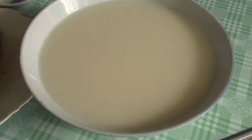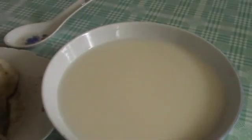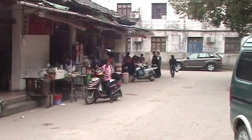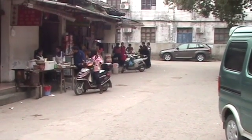And this tastes like a milk, but very sweet, very good. So they gave me a spoon, but I'll just drink it straight out of the bowl. It's a lot easier. If you want a good example of free enterprise in action, here in the foreground is